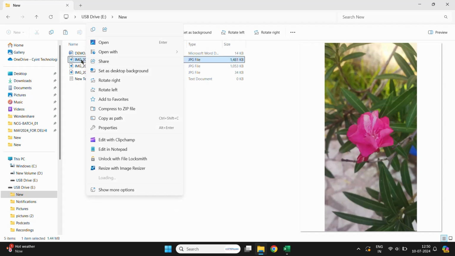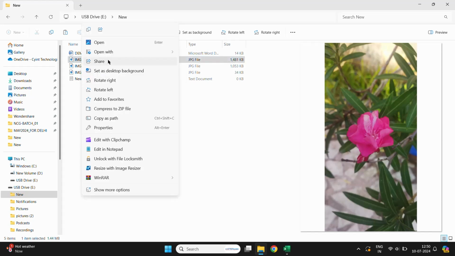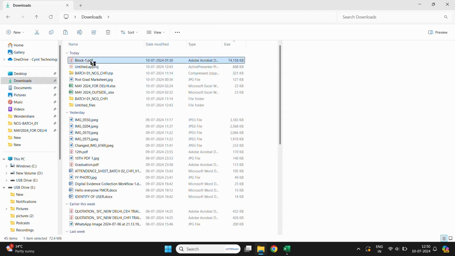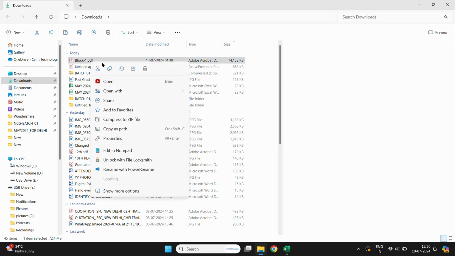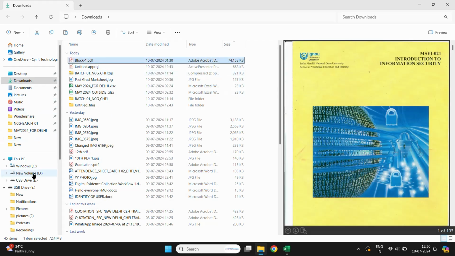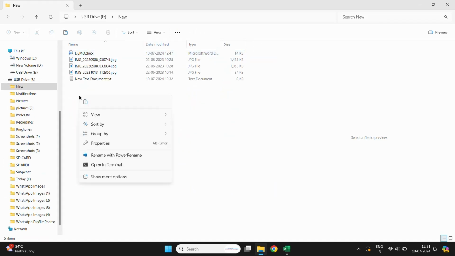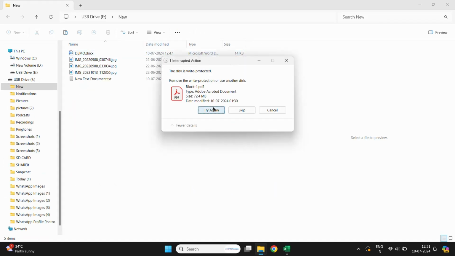When I try to delete the picture, you'll see there is no option showing for deleting it. I'll try to copy a file and paste it in the same SD card, but it is showing the disk is write protected.